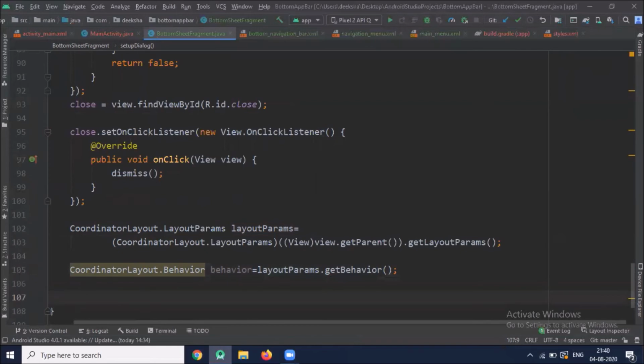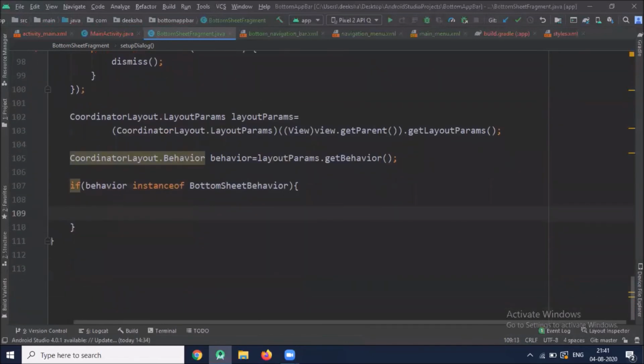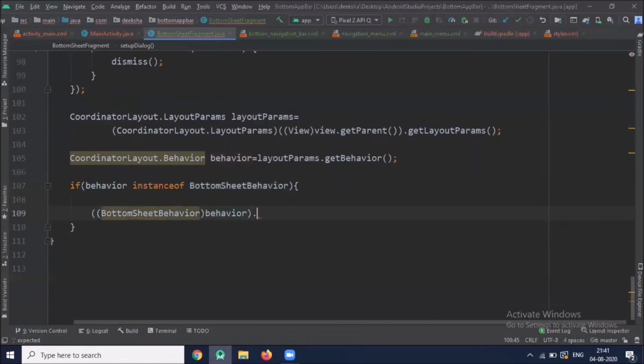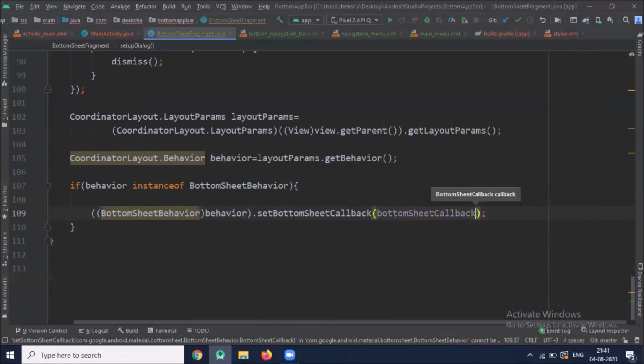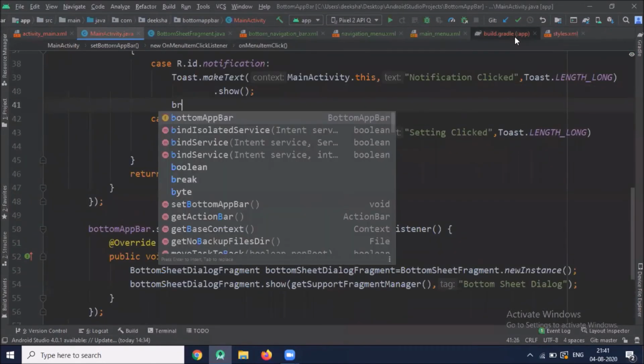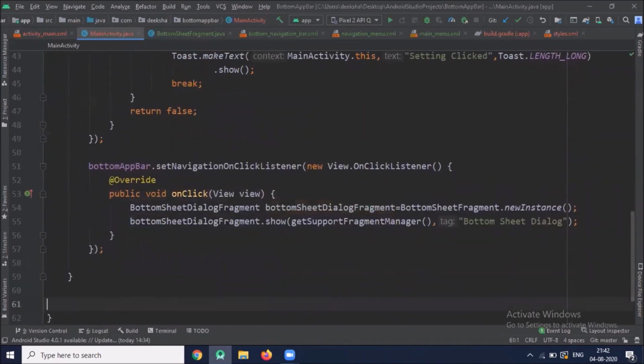Now we will set the callback. Now back to our main activity. Now we will inflate our menu that we created before.